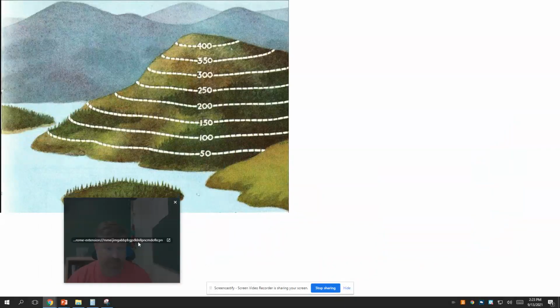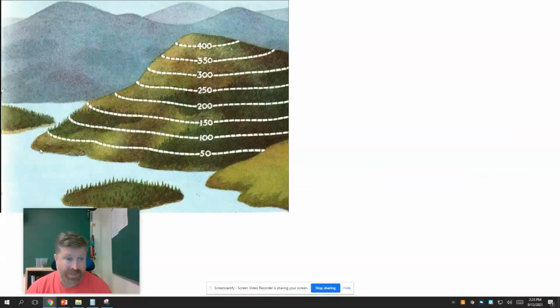So, as a very basic intro to get us going, if we were to take a hill like this, next to a lake, little island, all of that, how can we represent this hill on a two-dimensional piece of paper, a map, right? If you go there, you look at it, you can see that it's a big hill. So what this does is it tries to visualize, hey, if you started at the shoreline here and